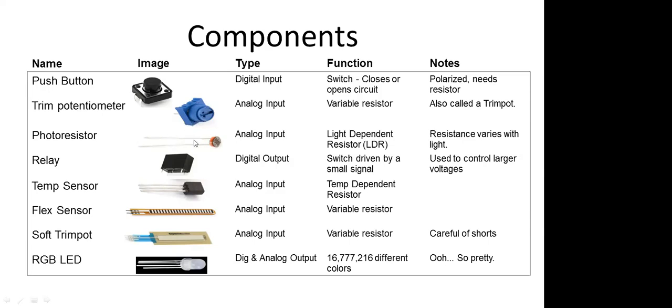After that, the third component is the photoresistor, that I told you about yesterday also. Photoresistor is also known as LDR, a light dependent resistor. It means it depends upon light. When light is falling on this sensor, the resistance is changing. In darkness, resistance will be higher. As we increase light intensity, the resistance value will decrease. That is very important. This one is an analog input also.